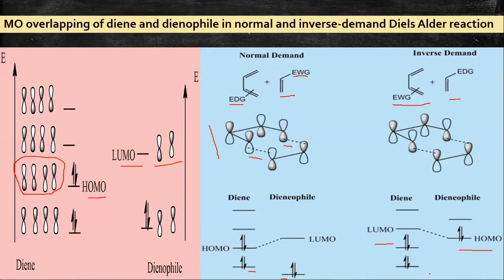So same in the case here, because electron withdrawing and donating substitution has inversed. So here also the energy gap between HOMO and LUMO is lower, and by seeing the diagram, we can see here both the interactions are thermally and energetically allowed. So this would occur, and the Diels-Alder reaction would give the final product as well.